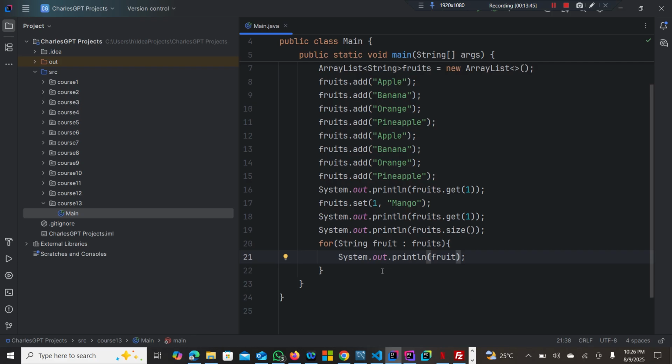So these fruits you can basically change to anything you wish. Like you can use i or anything. You can use i or you can use fruits, but I just wanted it to be more understandable. So if I run this program,